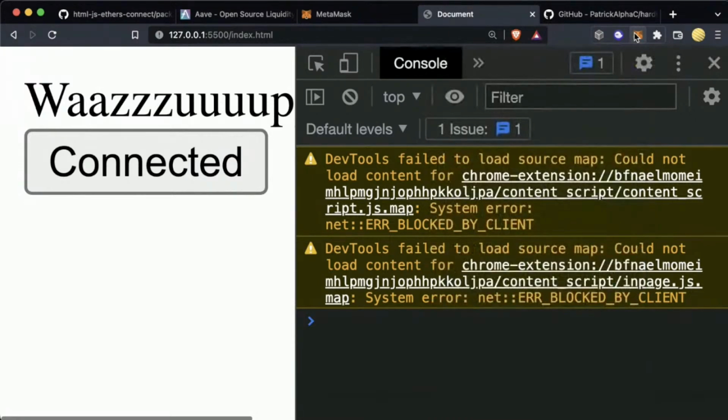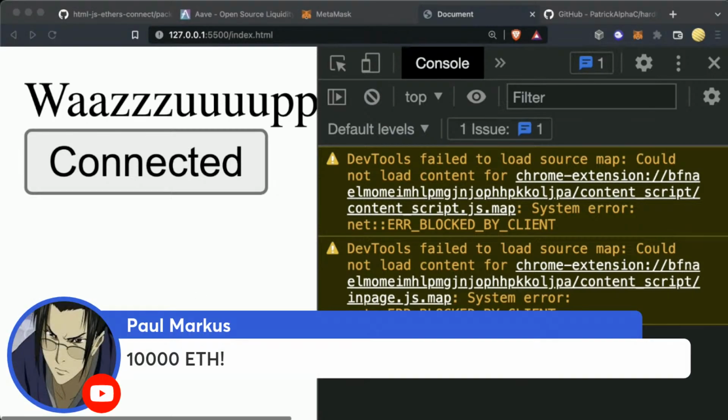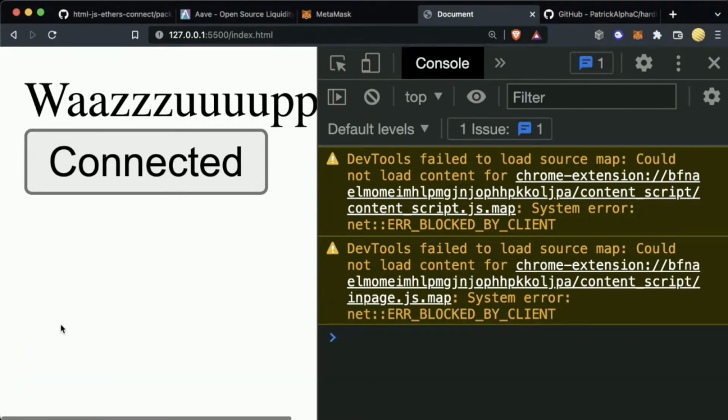Does that make sense to everybody? Is that clear what we're doing? So we're spinning up our own local blockchain. We're adding it to our MetaMask, and now we're going to use it to send transactions to. And so to the person who said, hey, why would we even bother connecting to MetaMask? Well, you're about to see. You are about to see. Yes, we are very rich in our local blockchain worlds.